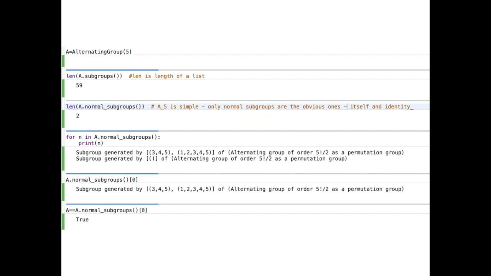And now, since this list A.normal subgroups is small, let's print them out. So one element is the subgroup generated by the cycles (3, 4, 5) and (1, 2, 3, 4, 5). And then the other subgroup is the subgroup generated by the empty cycle, which is the identity element. And so what we're guessing, well, what has to be is that this subgroup, the first one, is the entire